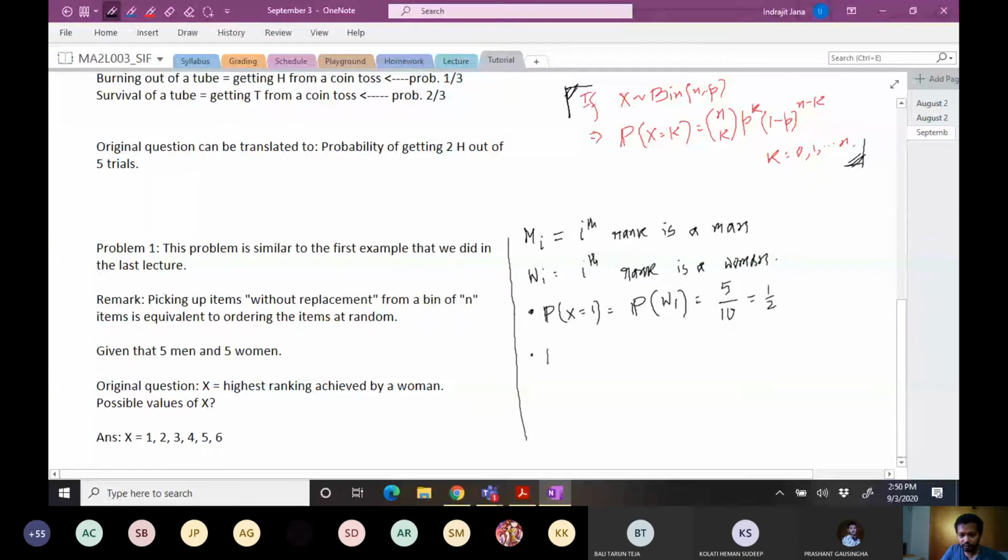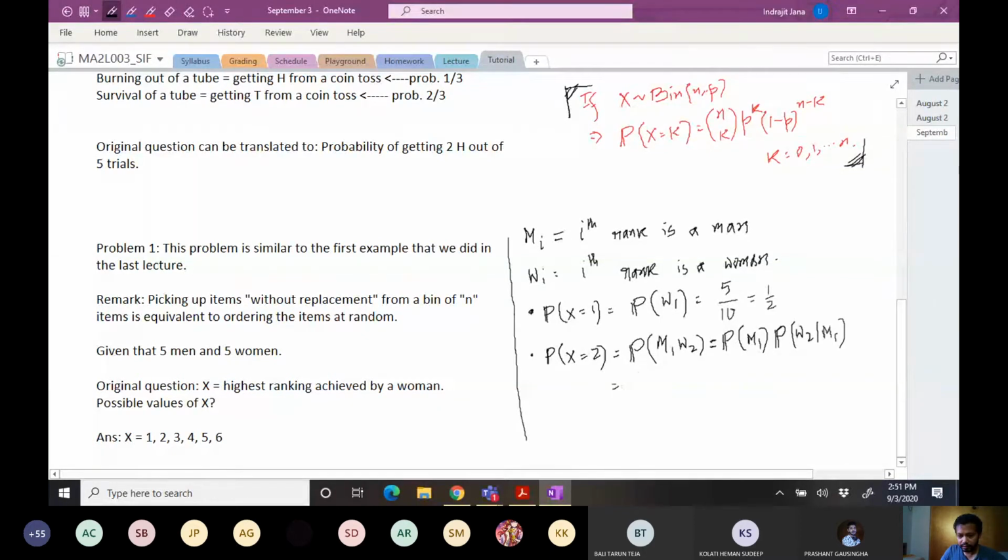Probability x is equal to 2 is going to be the fact that the first rank is achieved by a man, which is M1, and the second one is a woman. So again, applying the technique from the previous lecture, it's going to be probability of M1 times probability of W2 given M1,